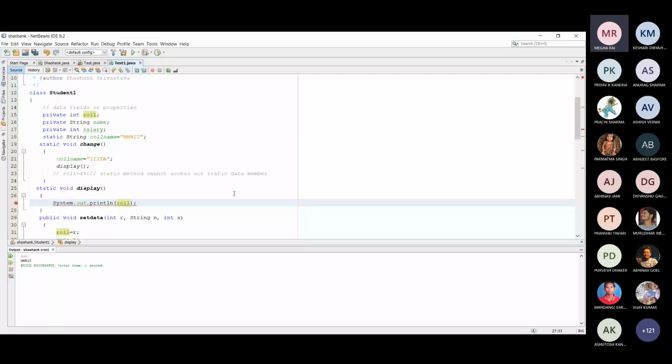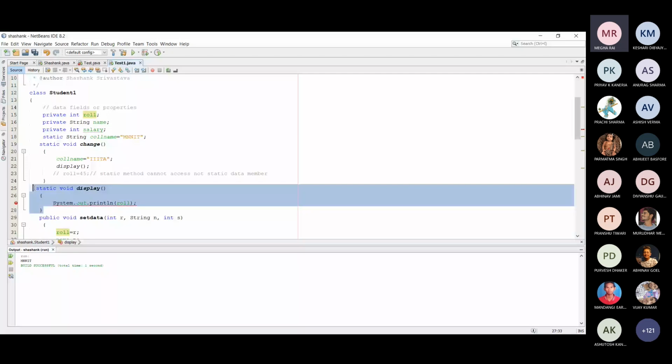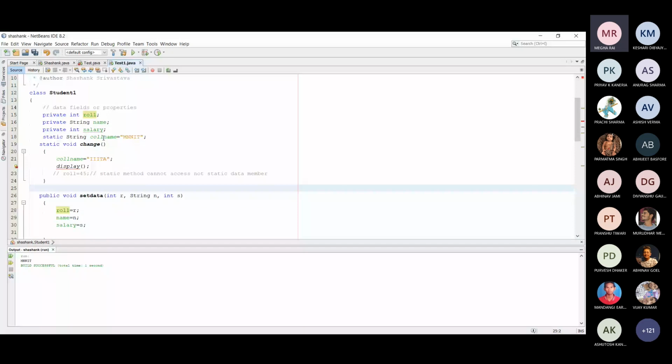Suppose S1 changes the college name from MNIT to IIIT Allahabad. As soon as S1 changes it, this is reflected in all the objects, because MNIT is changed to IIIT Allahabad in a common memory area that is shared by all the objects. Anyone who changes it, that is reflected to all objects.